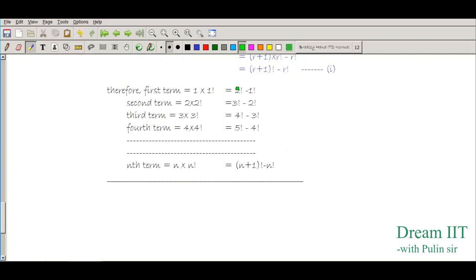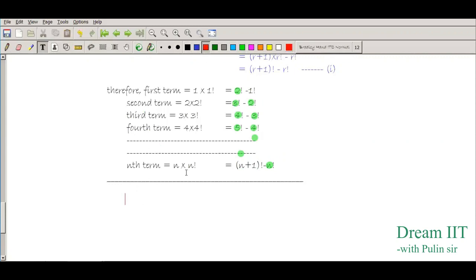You see, if I add up all these, then this 2 factorial with plus will be cancelled here. This 3 factorial will be cancelled with this. 4 factorial will be cancelled with this. This 5 will be cancelled with the second term of the next. So similarly, whatever term comes next, this one will be cancelled with the one that will be there. So after seeing the overall observation, we will find that this term n plus 1 factorial and this 1 factorial will be left out. So that will decide the total sum of the complete question.